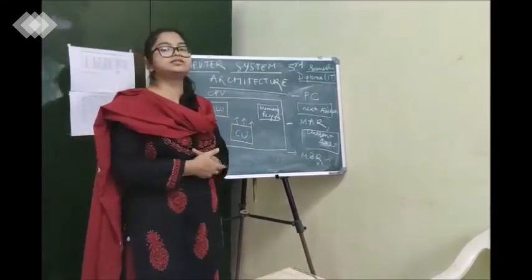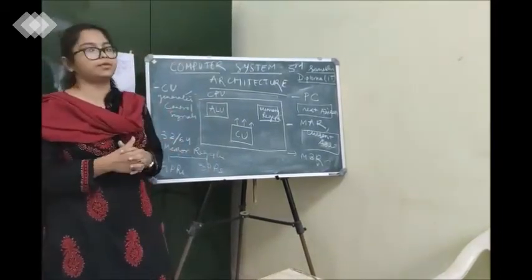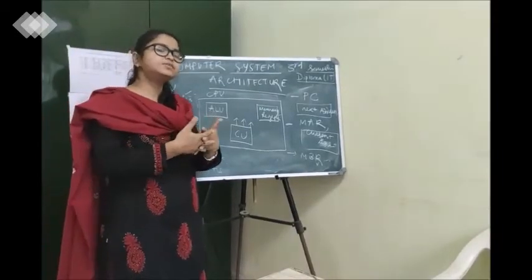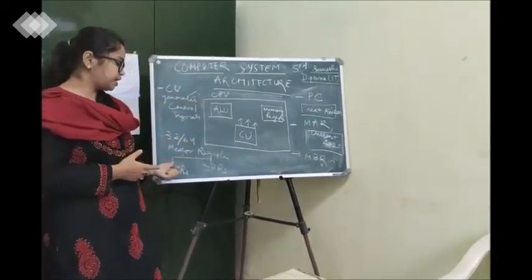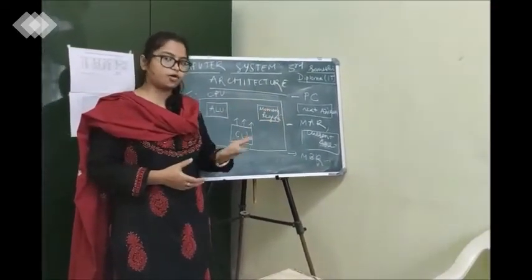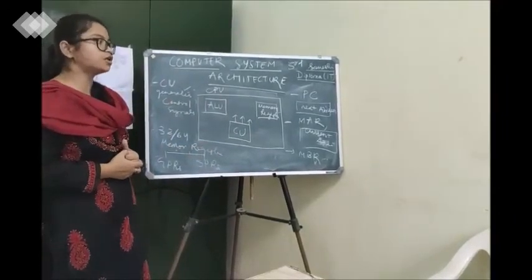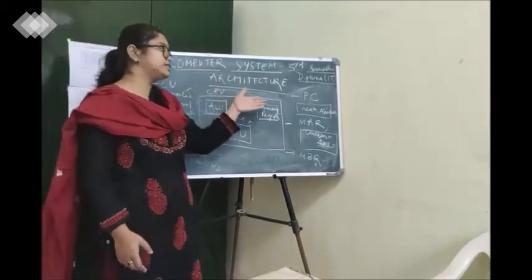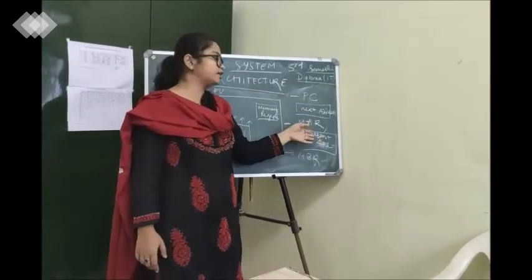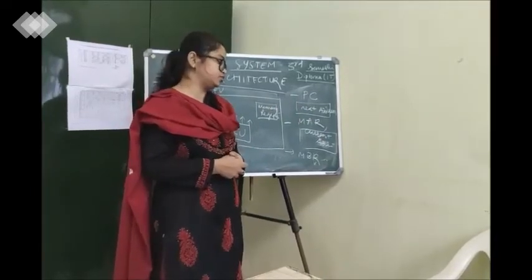Now, memory registers are very limited in number. We have generally 32 to 64 memory registers, and each register has some specific type of work. GPRs, general purpose registers, are used for storing the operands on which the operation has to be carried out, and special purpose registers are used for special purposes. Like PC is used for storing the next address of the instruction. MAR is the memory address register in which we store the current address of the instruction that is being executed.